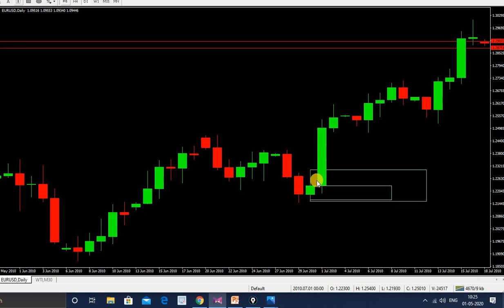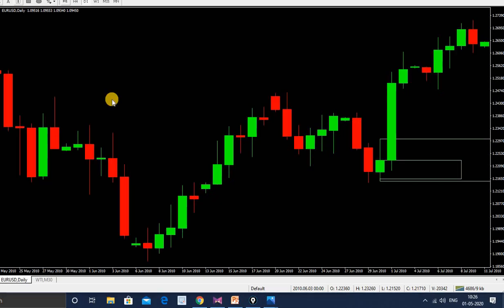If you go through body to wick, many times you don't get the entry, the price just touches the wick and then makes the move, but the risk is higher. So you have to evaluate and know what your trading plan is and whether you want to take the risk or not.